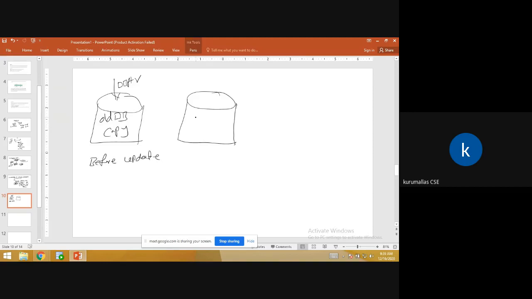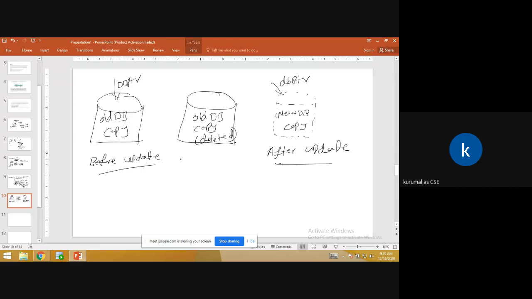Next one. This is also an old database copy. It is deleted once the updations and the copying are done inside the new database. We have to delete it. This is another database, the new database copy. Now this pointer is located to here, the database pointer. This is after update.